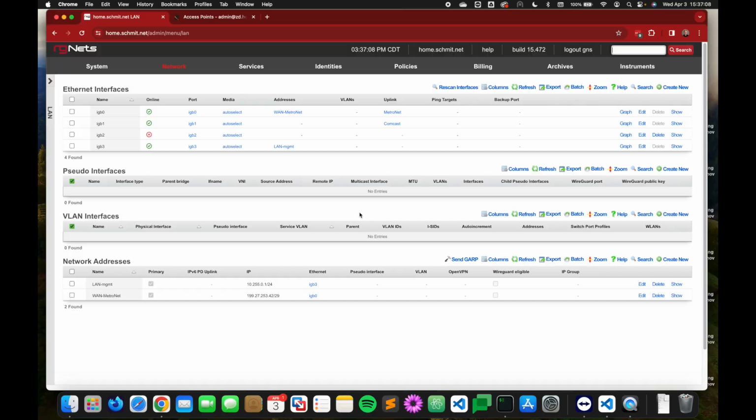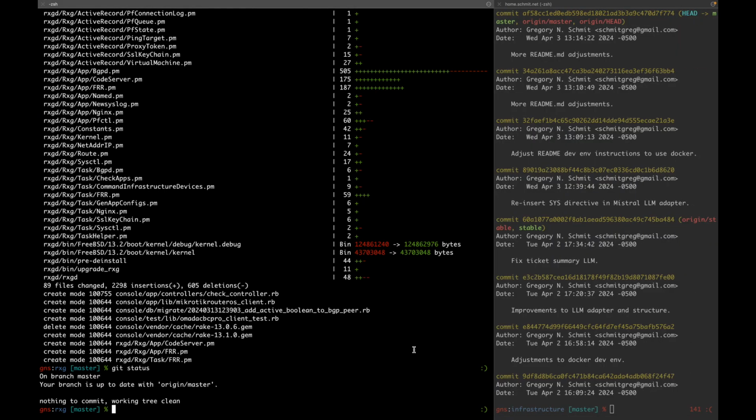So I've already configured the switch fabric, but that's usually the first thing you want to do: make sure that your VLANs are chunked throughout your switch fabric from your gateway to your access points. So in this case, I've got two switches that we can take a look at. We've got SW1,